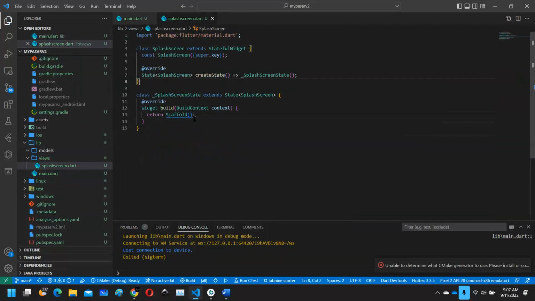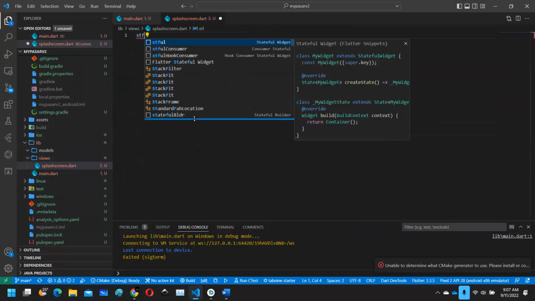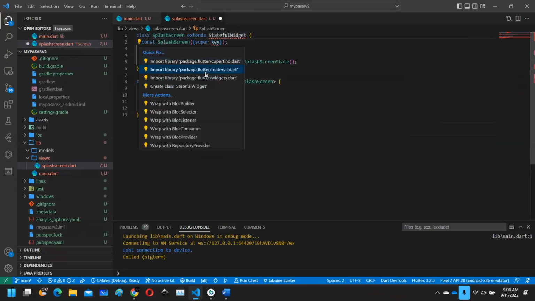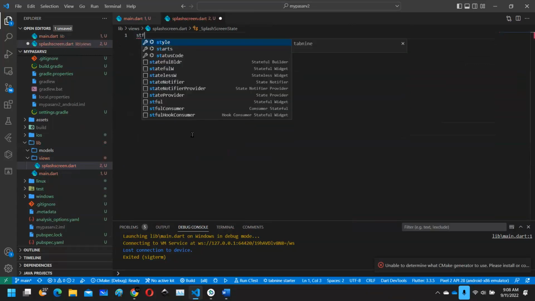So this is another method. The other way that you can do is by using the stateful. Okay, so you can use the stateful this, and don't forget to give the name splash screen and import the required. Here you need to import, which is material, also the same. So there are three ways of doing this. The easiest way is by using the STF, the stateful,